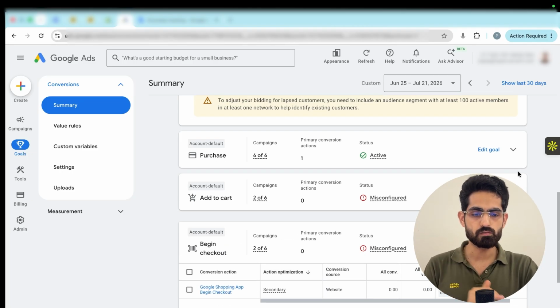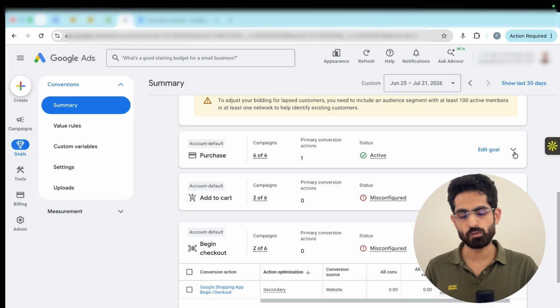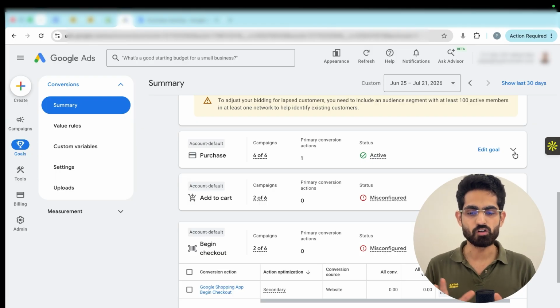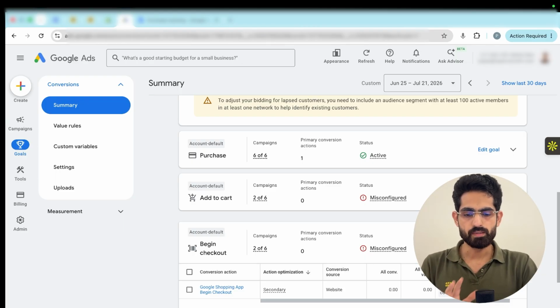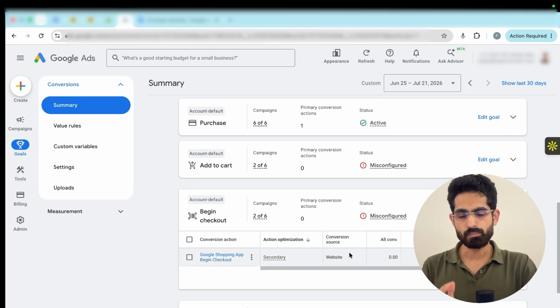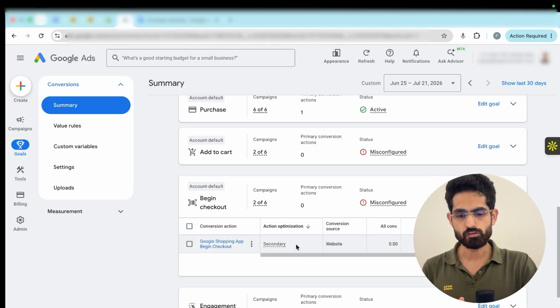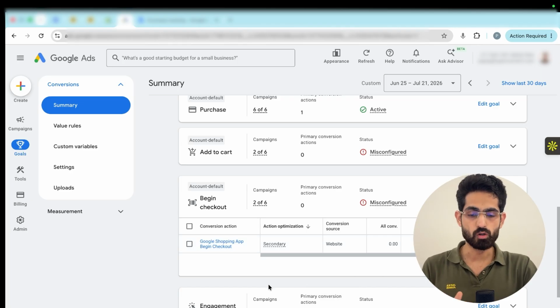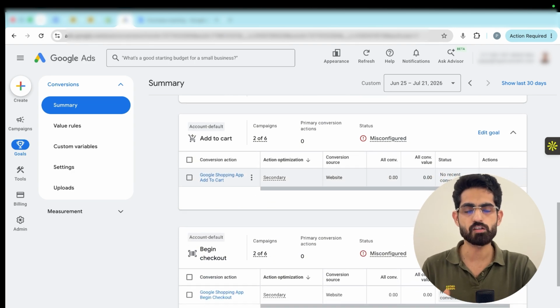Just for purchases, we do it using two different ways because purchase is way more important, right? But for these other things, this app alone is sufficient. However, just one thing is that sometimes it might pass over these other conversion actions as a primary action, which you don't want. You want these to be set up as secondary. So in case if you notice, check each one of them, and if they are by any chance set up as primary,